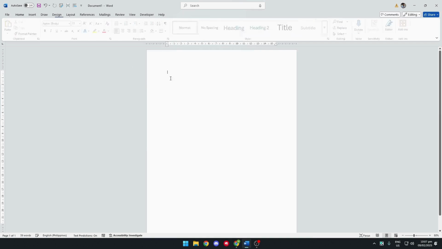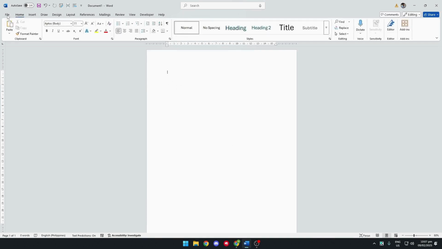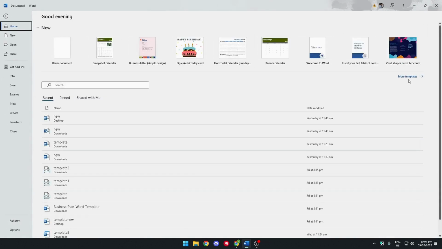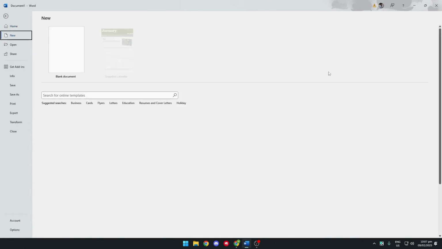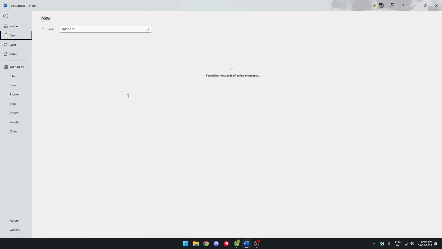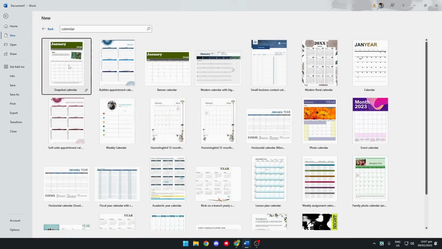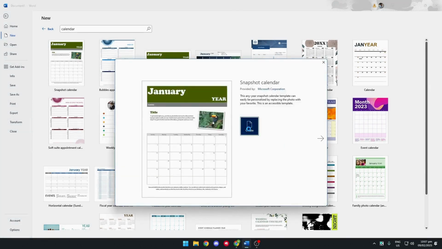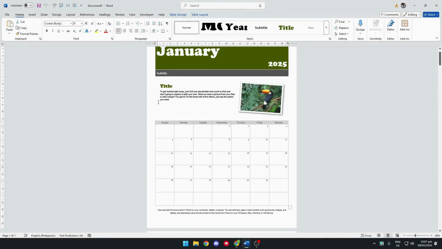Now, another way to do this is by simply going to the File tab and click on More Templates right here. And as we want a calendar, let's search for that one. And right here, you can simply click our calendar. Click on Create, and there you go. You have a